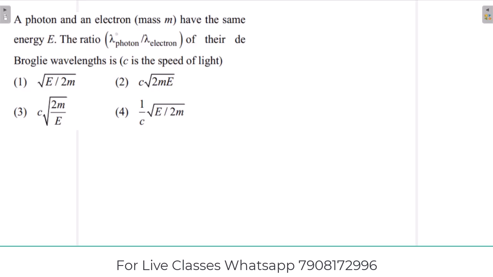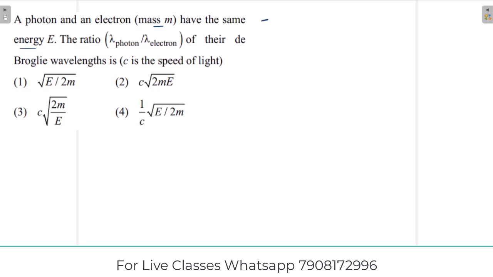A photon and an electron of mass m have the same energy E. The ratio of their de Broglie wavelengths, lambda photon divided by lambda electron, is? So the energy is the same. Now if lambda photon is the